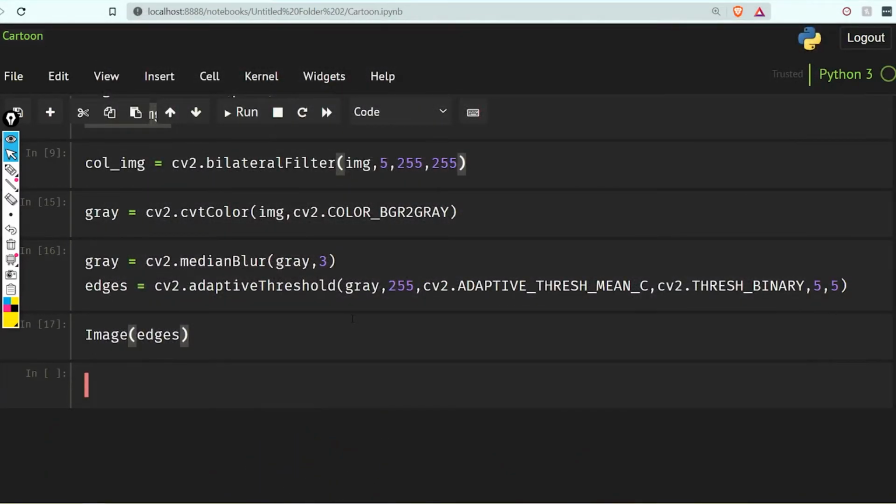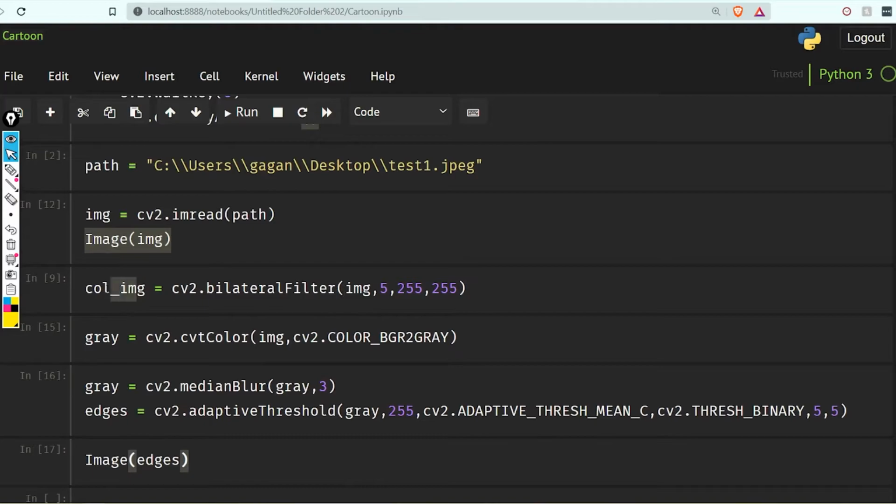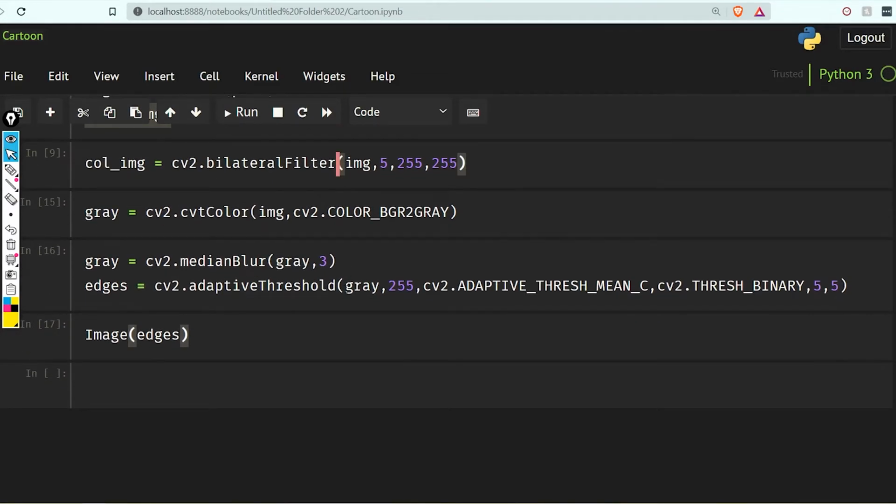Now what we need to do, we already have our color image on which we have applied the bilateral filter. Now we are going to apply a bitwise AND operation with the edges mask. So let's use cartoon equal to cv2.bitwise_and, and here I need to give our color image.